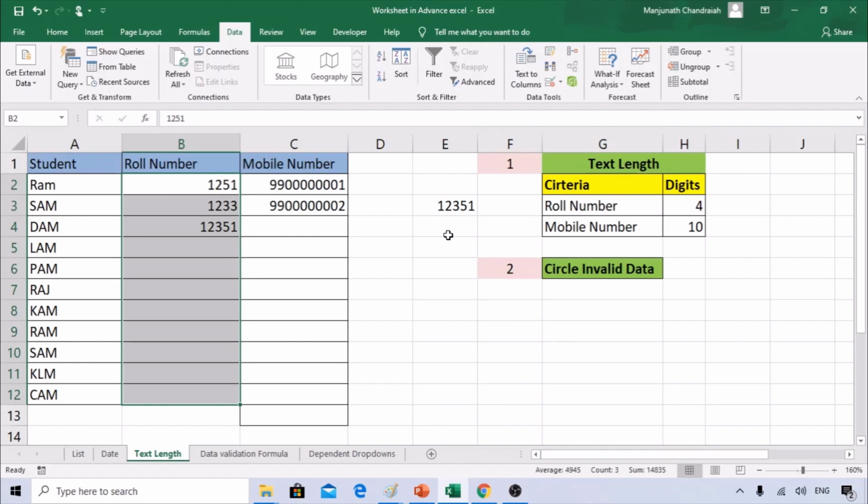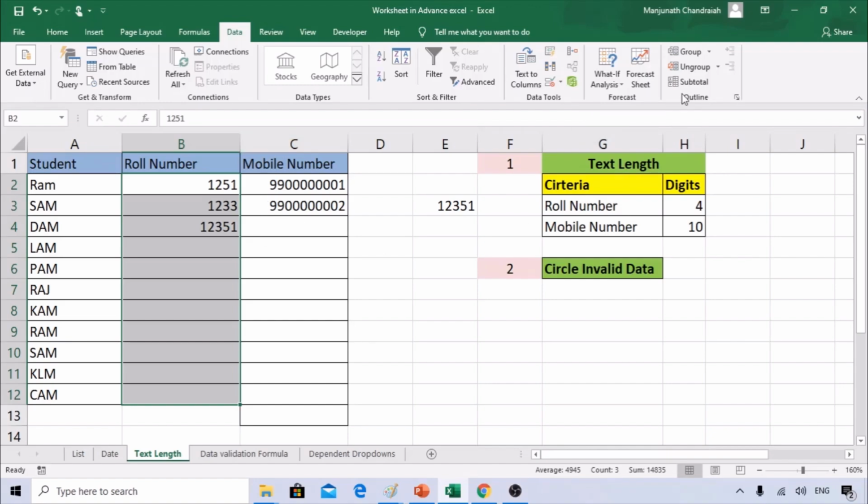To check whether they updated correctly or not, you can select this range. Say I have selected this range. There's one more option called Circle Invalid Data. It will circle wherever the cell has invalid data after setting the data validation. We already set this data validation for 4 digits. You can click on the Circle Invalid Data option, so it will mark a circle on the particular cell. Let's do data validation again in the Data Tools. You can see Circle Invalid Data under data validation below. So when you click this,